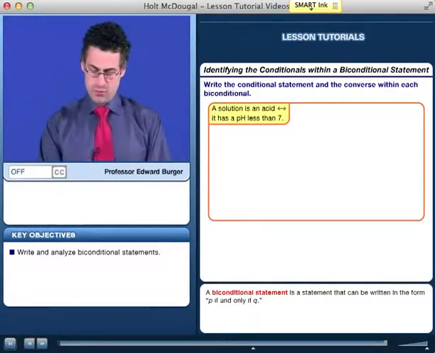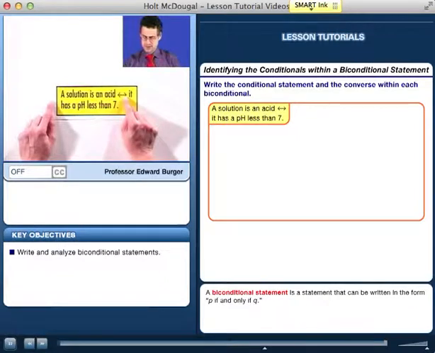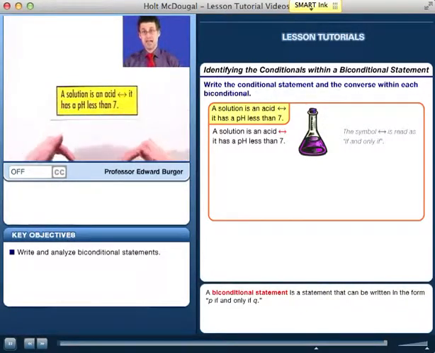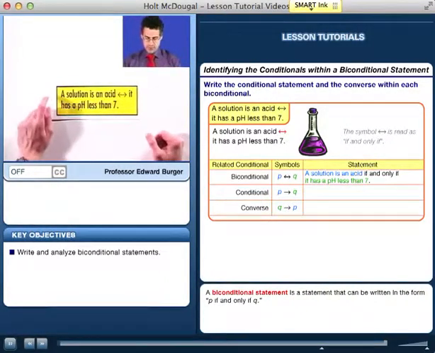Sometimes it's denoted with this double arrow. Remember, an arrow pointing to the right means if, that, then, that. So here the double arrow means if and only if. So the way we'd read this is, a solution is an acid if and only if it has a pH less than 7. So if you wanted to parse this into the conditional statement and its converse, we would say,